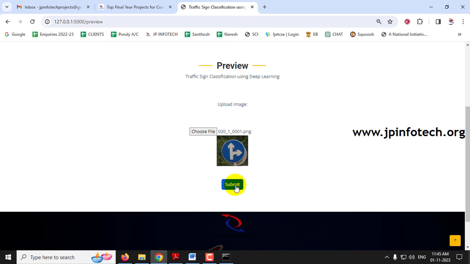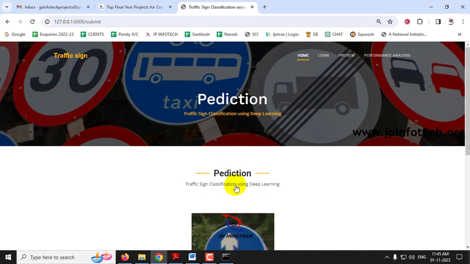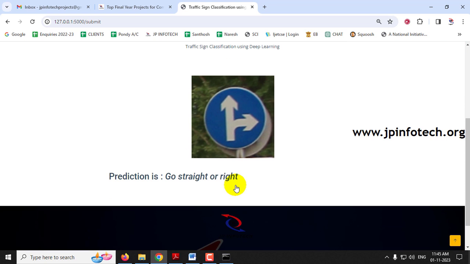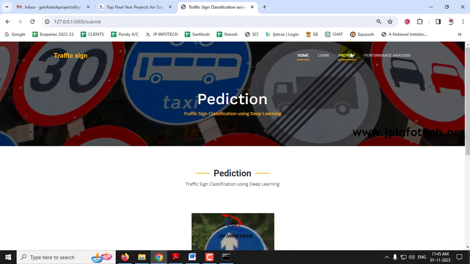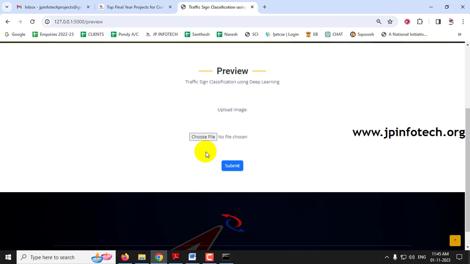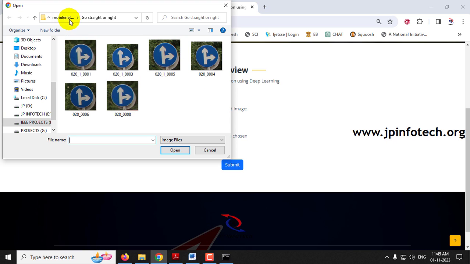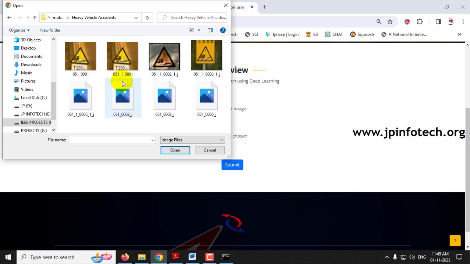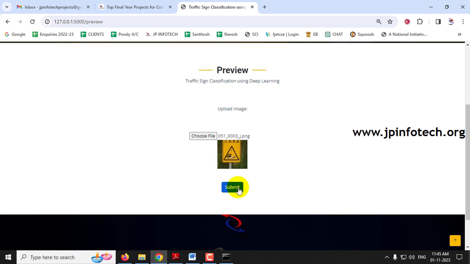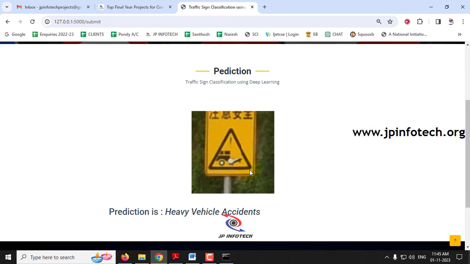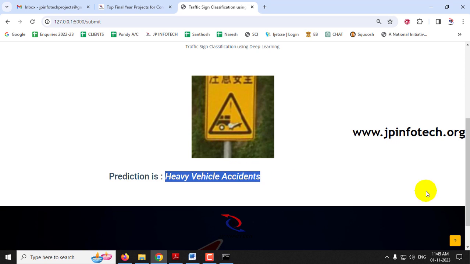Let me select this one and click submit. Now you can see the picture result is go straight or right. We go to the preview menu again. Let me select an image and click submit. And now you can see the picture result is heavy vehicle accidents traffic sign.